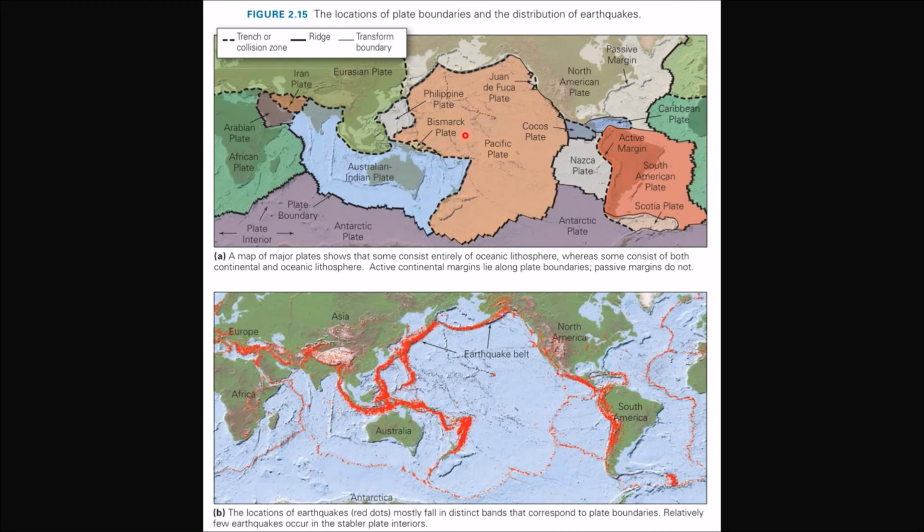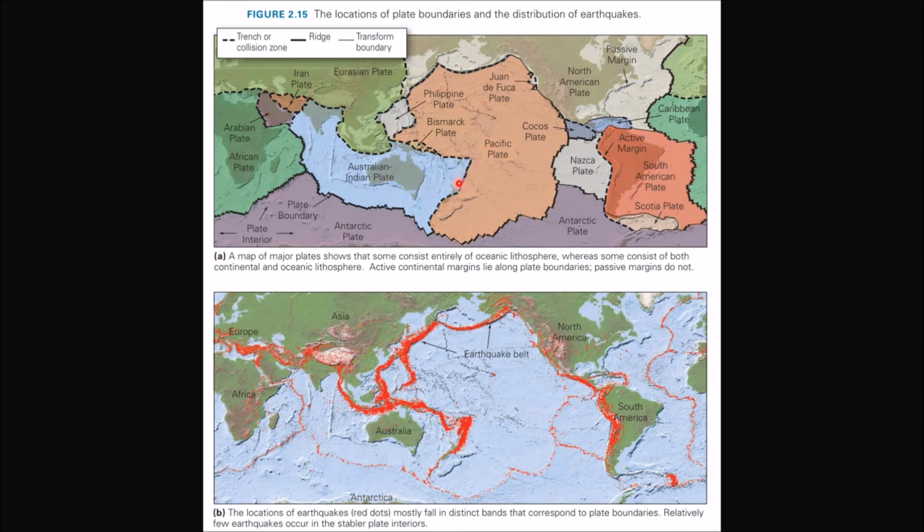So why do you think that's the case? Why do you think the earthquakes occur at the edges of the plates and not usually in the middle? Well, the reason is because each of these plates is moving and pushing against each other. And so let's say you have this Pacific Plate over here, right? This giant Pacific Plate and this blue plate over here, right? It says Australian Indian Plate.